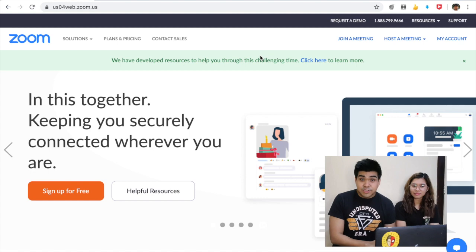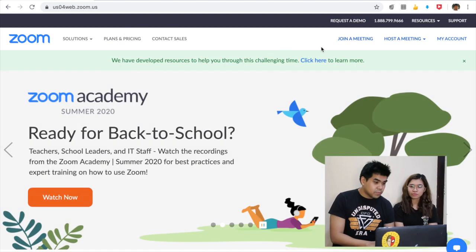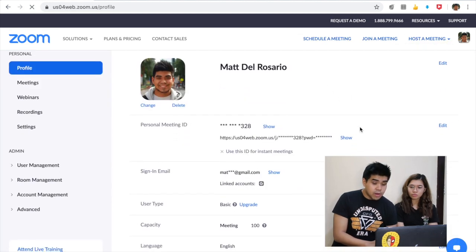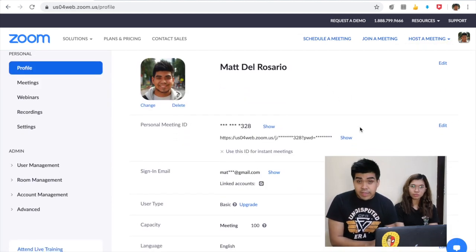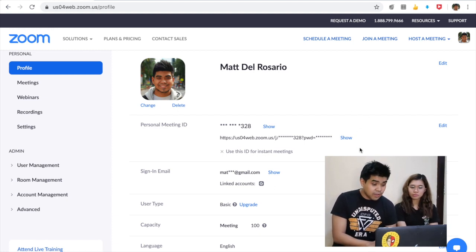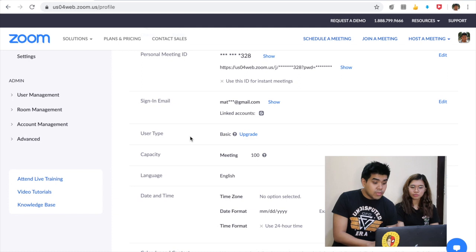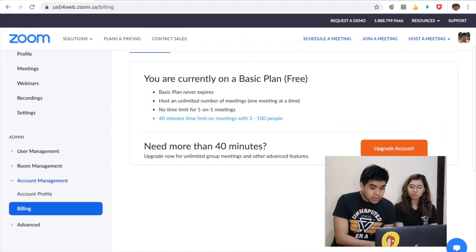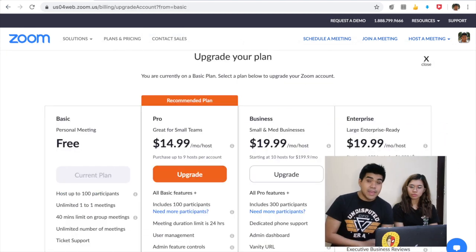Let's log into the Zoom website and take a look. So we can see here, we're gonna start by clicking on My Account, and you will see your account details. If you haven't created an account yet, you can just use your Google or your Facebook to log in. Next, you will look for the user type, and it says Basic, and you wanna click the blue Upgrade button. So we are gonna click the orange button here that says Upgrade Account, and now we see